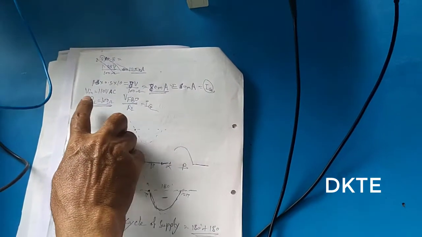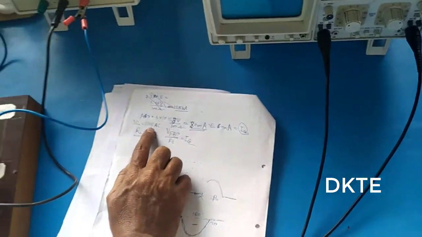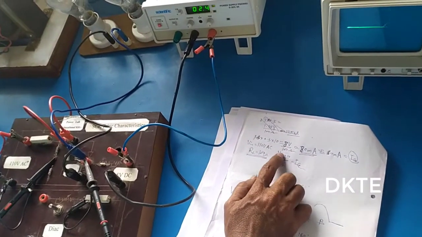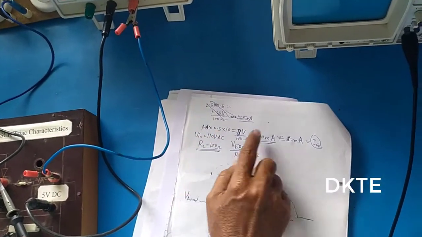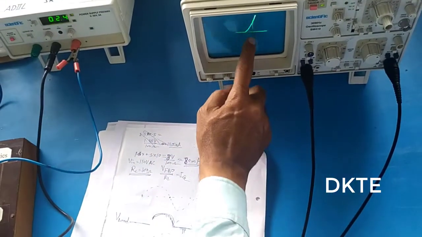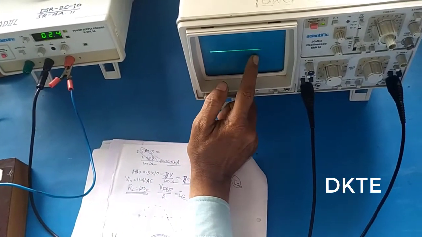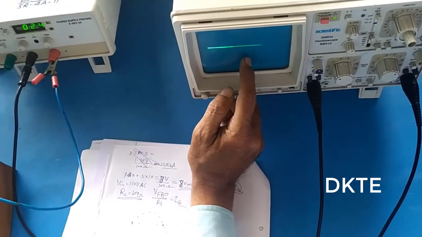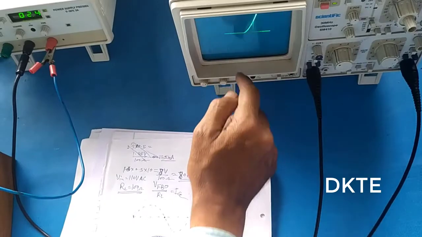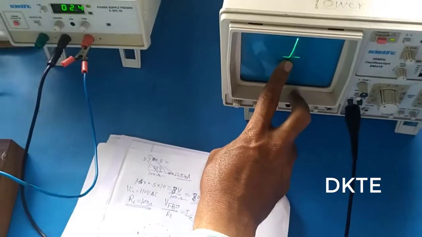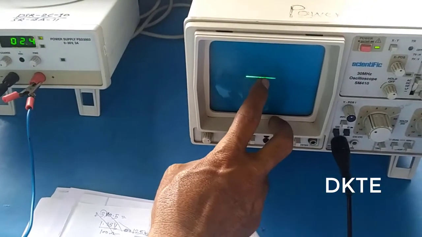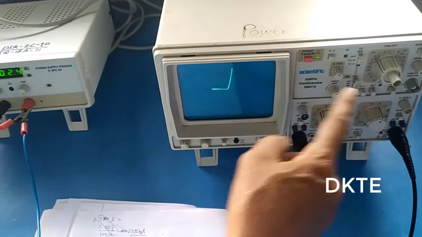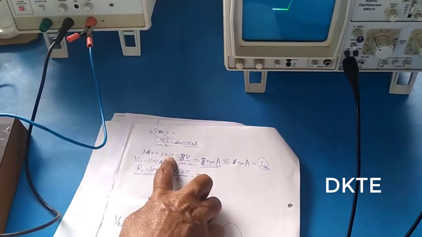Here you can apply the 110 volt AC voltage, and the load resistance is 100 ohm, and then you can measure the forward breakover voltage. Here the forward breakover voltage, this one is 1.6. Now take the measurement on the oscilloscope. Here this is the forward breakover voltage, 1.6 into 0.5 into 10, that is the attenuation factor of this probe,